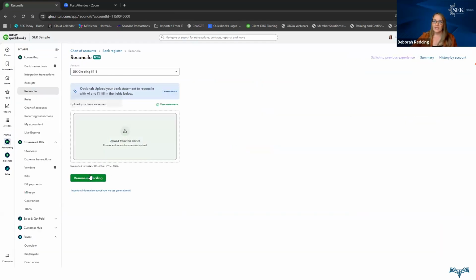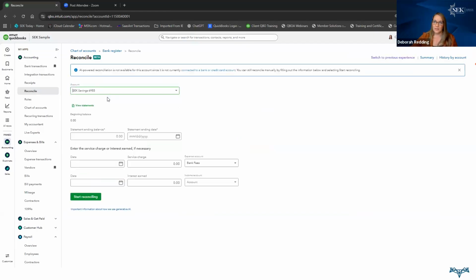So let's say we've reconciled our checking account and now we want to move on to our savings account. And we want to put our ending balance in,